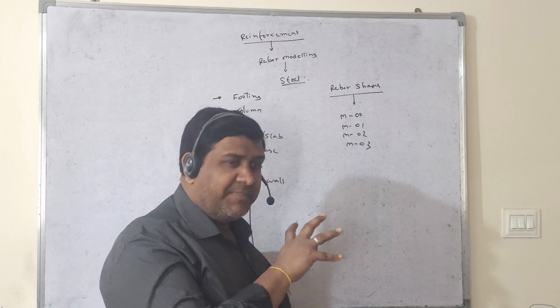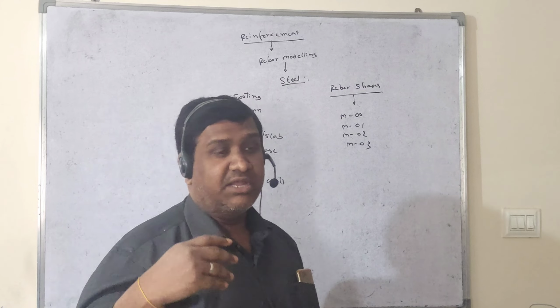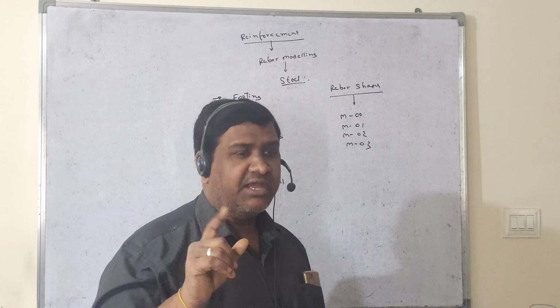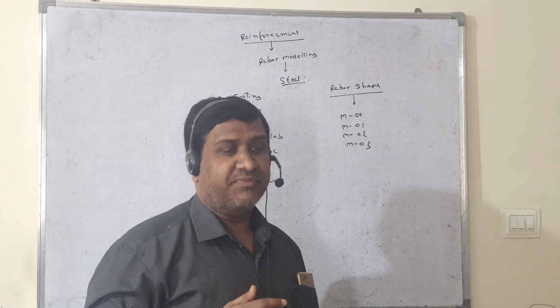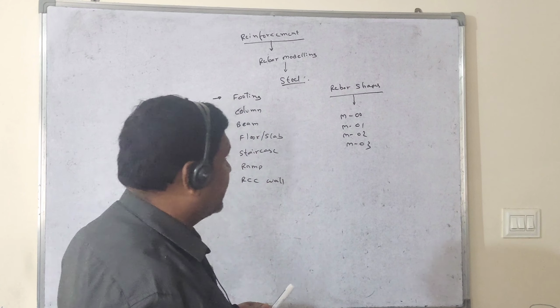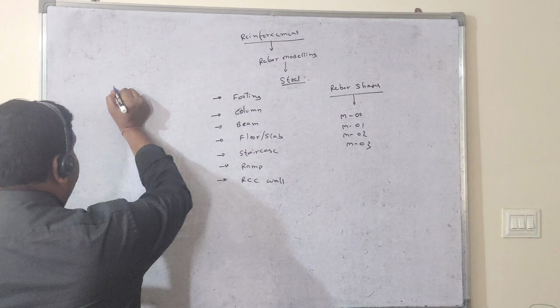Some of the reinforcement we can do automatically, as automation is also there, and some of the reinforcement we can do manually also. Just place one, and the remaining will continue automatically. So that process is there. We have to select the rebar shapes here, and then the rebar